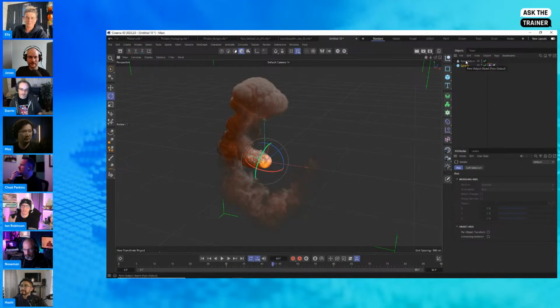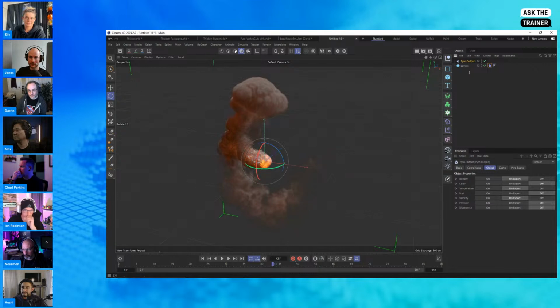Quick question. Sorry to interrupt. Is that a good way to make clouds as well, or could you use Pyro to make clouds? Yes, absolutely. Another thing you can do with Pyro here is, for example, you could just enable the density grid here and then throw that into